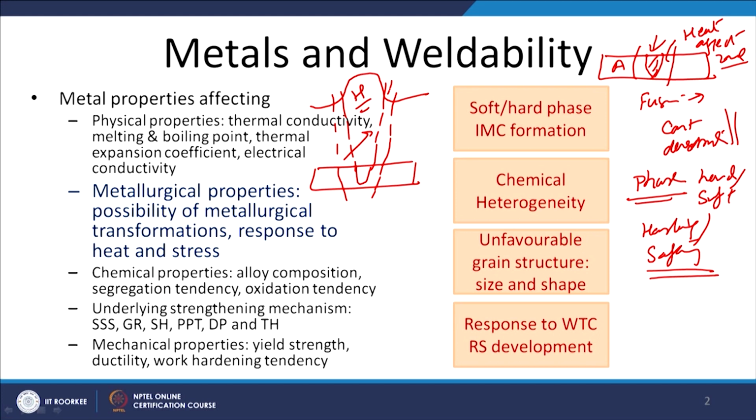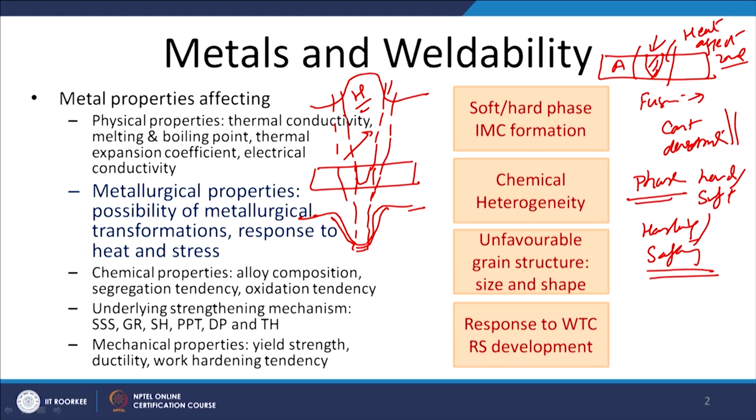On the other hand, if another metal system under the influence of the heat which is being supplied for the welding purpose forms soft phases, then it will lead to a significant reduction in the hardness. This is the base metal hardness, and as we approach towards the weld center, you will see there is a drop in hardness. So, this drop is attributed to the formation of the soft phases, and the weld metal will be weak.